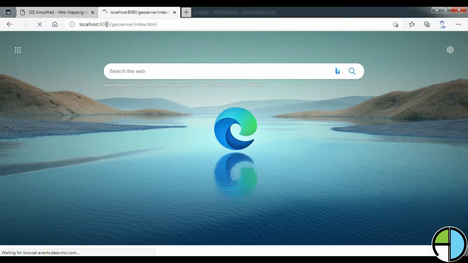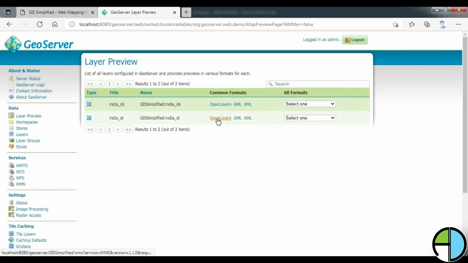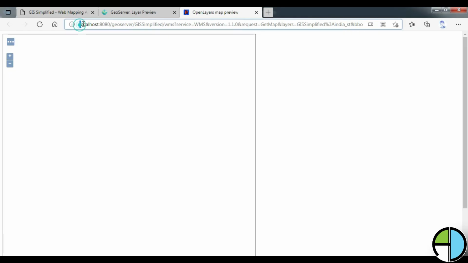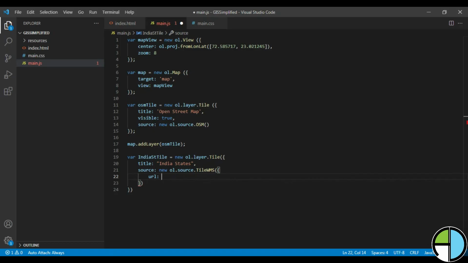So let us open GeoServer over here, and let us log in into that. So I am going to layer preview and a particular layer. So you have to copy from starting up to WMS and you provide that as a URL here. So we will consume WMS service of GeoServer.